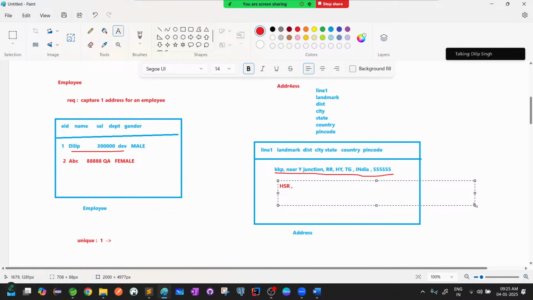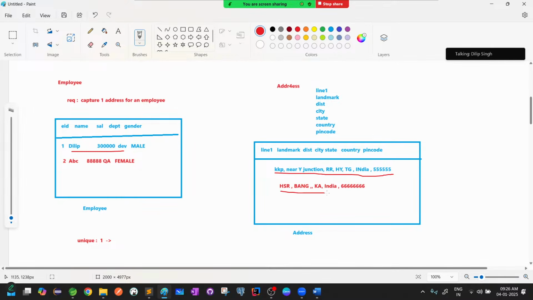I don't know exactly, but something like city Bangalore, Karnataka, India, and some pin code, whatever it is. Now, how do I know that this address belongs to ABC or to Dilip? There is no relationship, right? So that's why, in general, people used to maintain some kind of foreign key